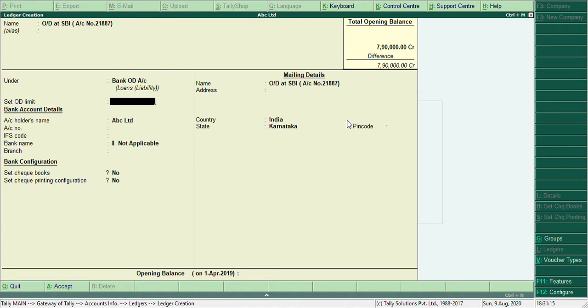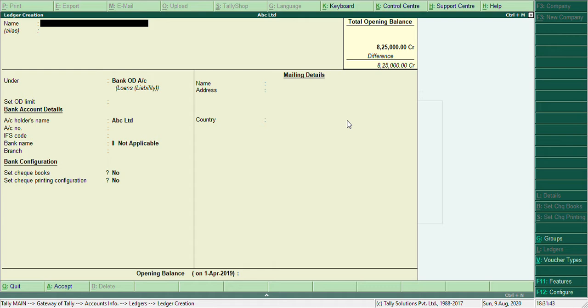As soon as you select the bank OD account, it will ask for the details of the OD account. If you wish, you can give them, or else you can just press enter for the time being. Later on you can alter, enter the details and save. Now the opening balance of the OD account is 35,000.